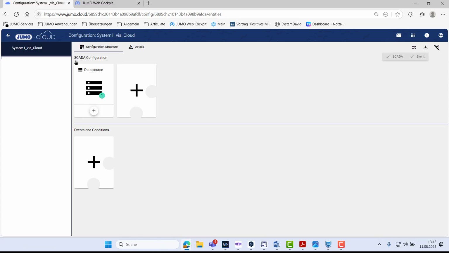The Edge Gateway handles the data transfer from the Varitron 500 to the Yumo Cloud. I have to tell it which protocol to use to access the data on the Varitron 500. In my case, it's OPC UA. I now define the communication path for the data source, respectively for the Varitron 500, using a new data connection.